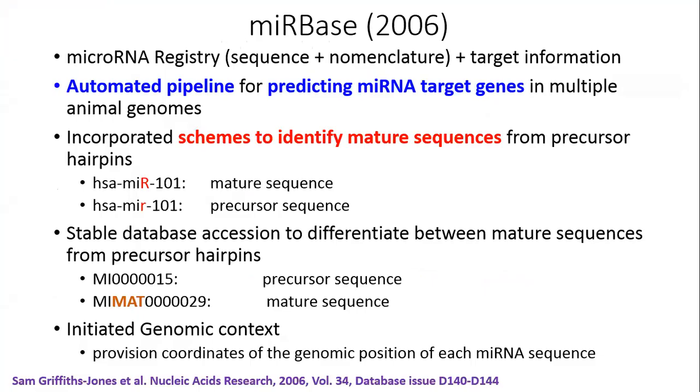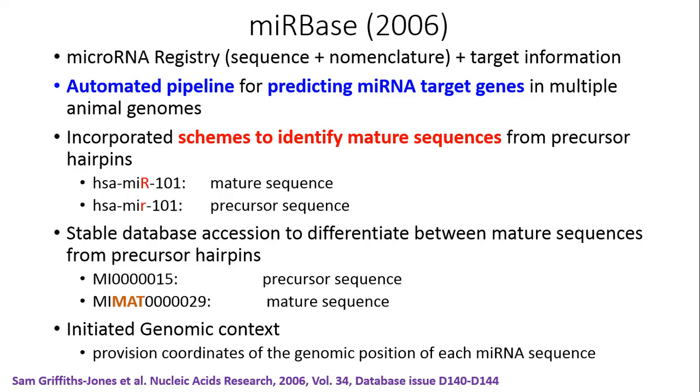Well, good afternoon, everyone. The last point that we were discussing was about identifying the major sequence from precursor hairpins. If there is a capital R in the nomenclature, that would mean that it is a major sequence, while if there is a small r in the name of the sequence, that means it is a precursor sequence. Moreover, the database accession numbers were also modified in order to differentiate at the accession level itself